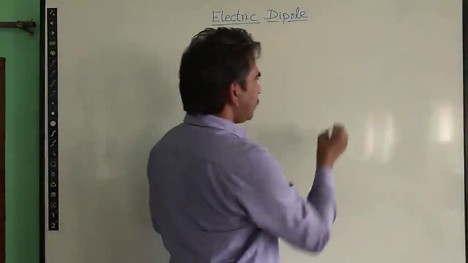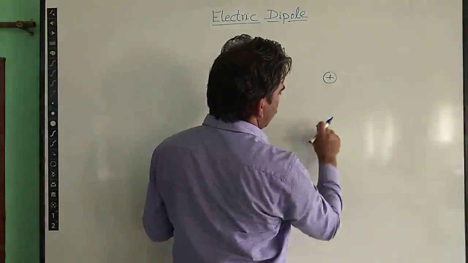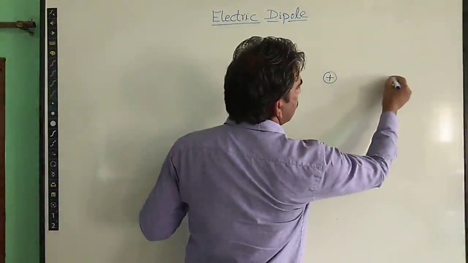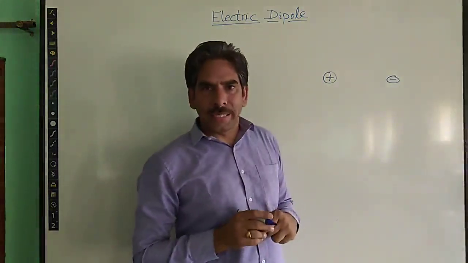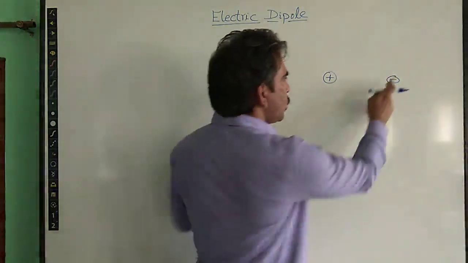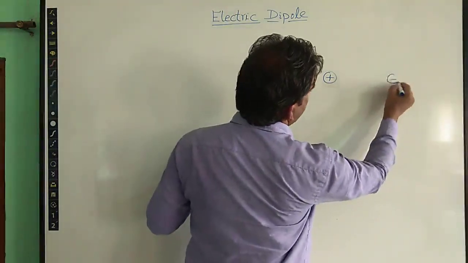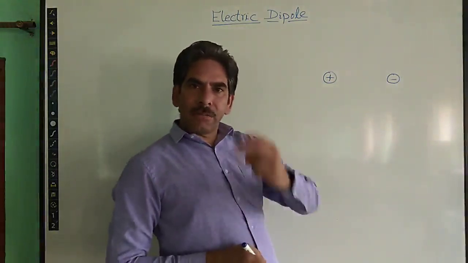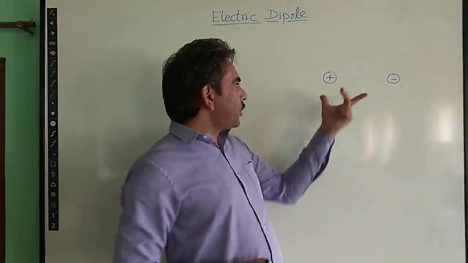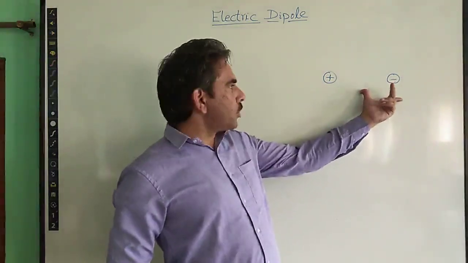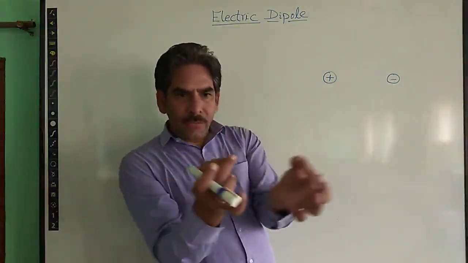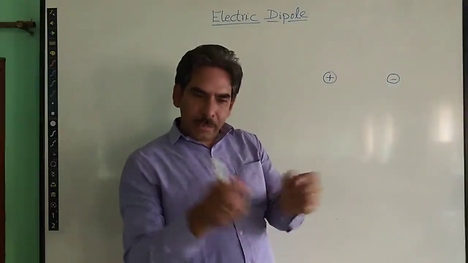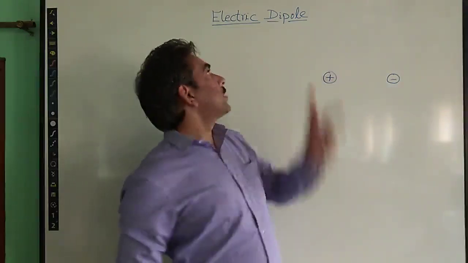Electric dipole, it is a set of two equal charges but of opposite polarity, right? Out of these two charges, one will be positive, the other one will be negative. So an electric dipole is a set of two charges, or a pair of charges, which are equal in magnitude, opposite in polarity, and separated by some finite distance. So this set of two equal and opposite charges separated by some finite distance will behave as an electric